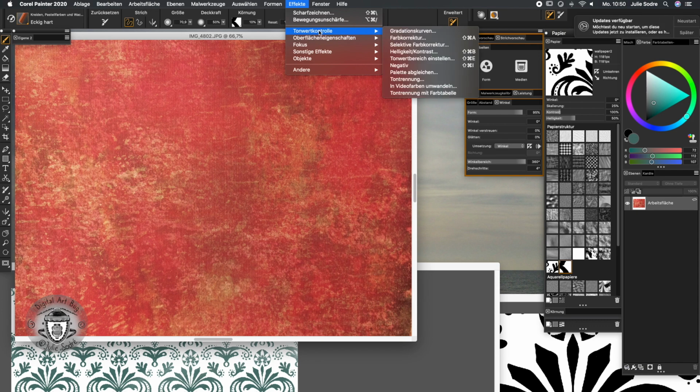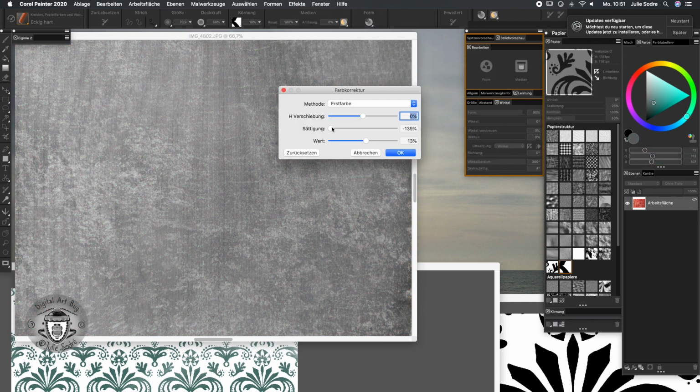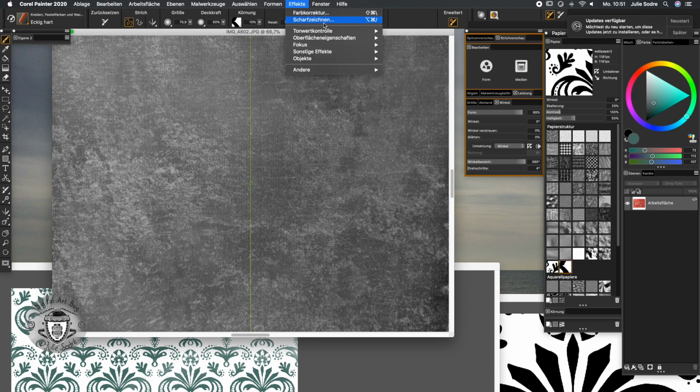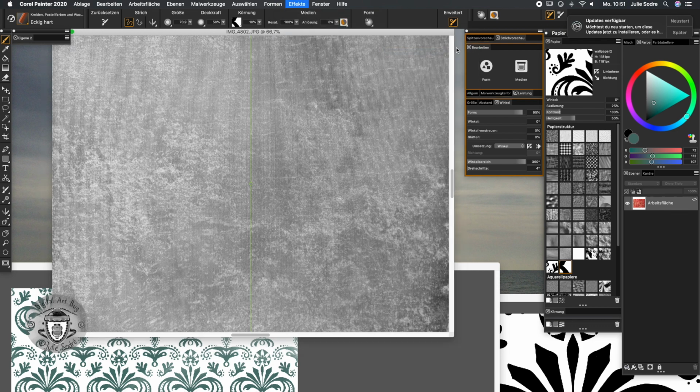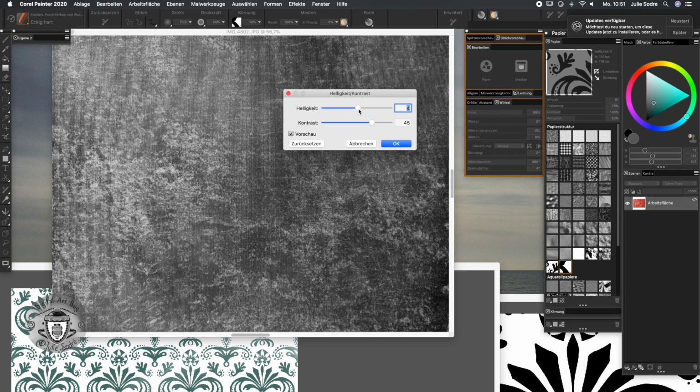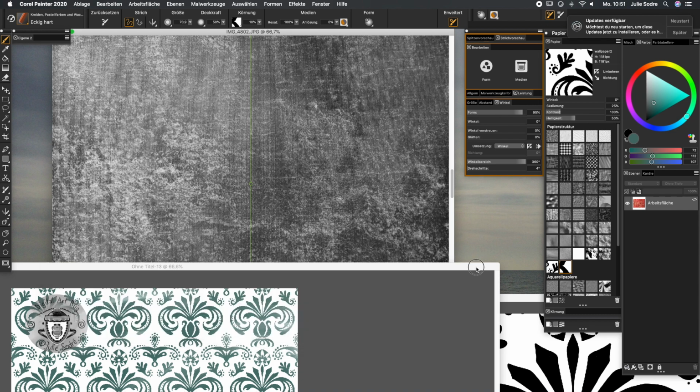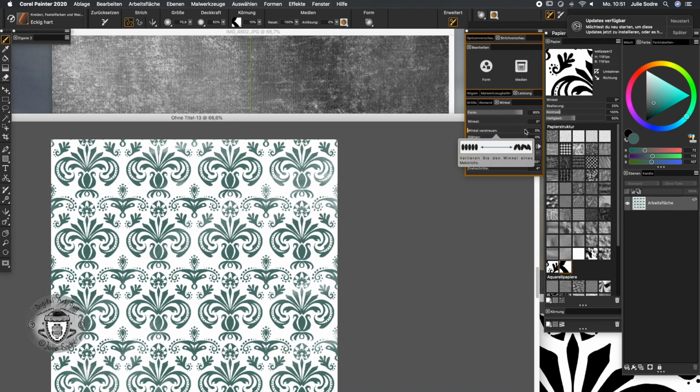So going to Effect, Tonwertkontrolle, I would just say color correction, and I would just take off all the saturation, and maybe I could work a little bit with the brightness and darknesses of it. And I could as well maybe work a little bit of contrast so that it's a bit stronger, like this. And now I could select it all, copy it by working with Command A, Command C,